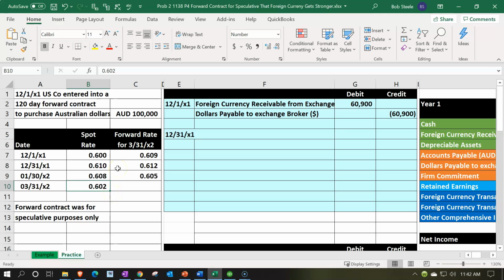It'll be as of that point in time. And if the spot rate at the end of the contract, 120 days, results in the foreign currency being stronger compared to where it was at the beginning of this, then our speculation would be a benefit. We would benefit from the speculation. Why? Because we would actually be getting